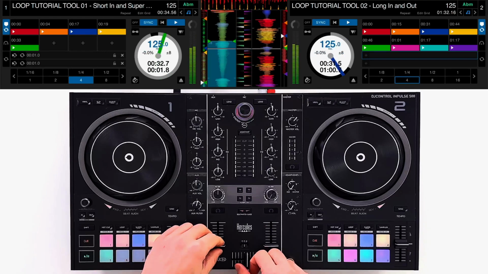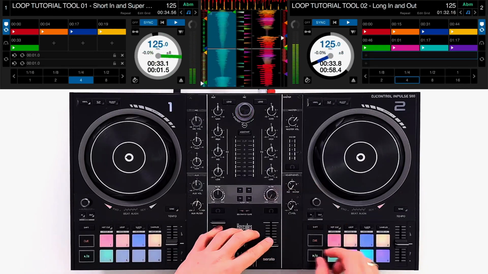To make it even more interesting, we can do a backspin at the very end and filter it out along with it. So, 4-beat loop on the piano, build-up of the second track,